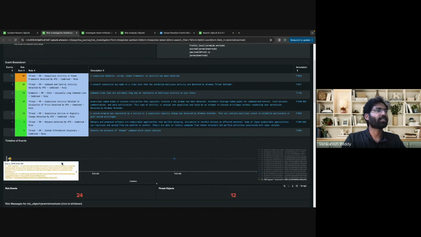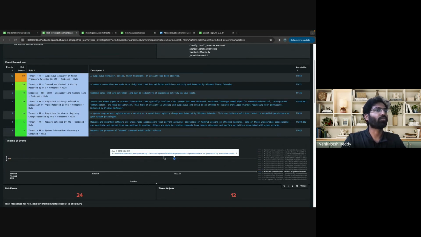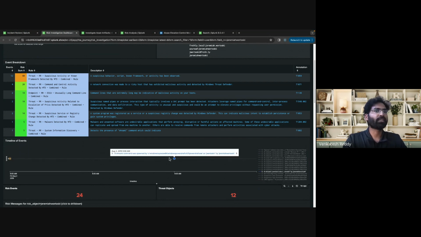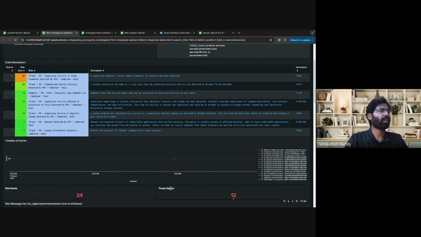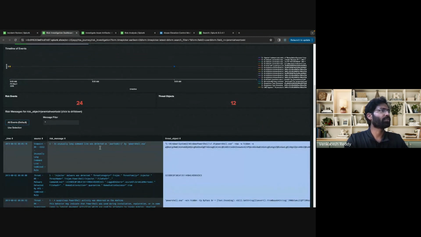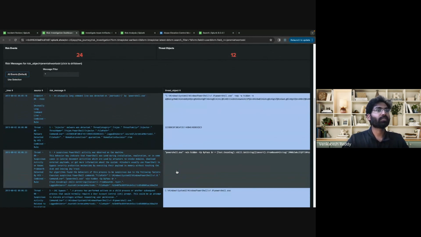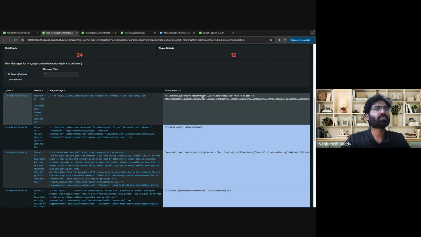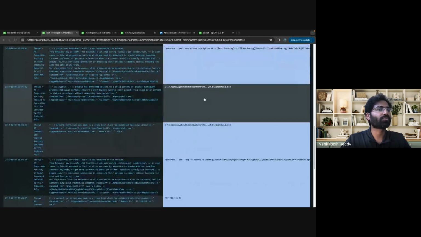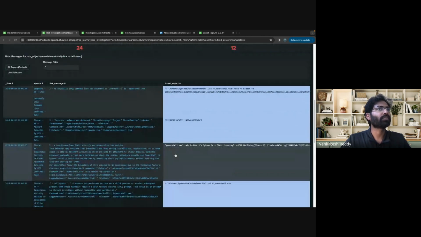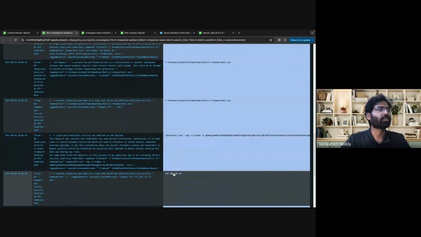And you can see the timeline also here. If you are looking for 24 hours or 7 days, whatever we choose here, we can see the timeline. And if you go down, these are the messages we have that will be shown here. And from here, if you see something, say PowerShell, okay, this is Windows, it's quite common on Windows systems, that's fine. So if you see something different with respect to the threat object, if you click on it, we can